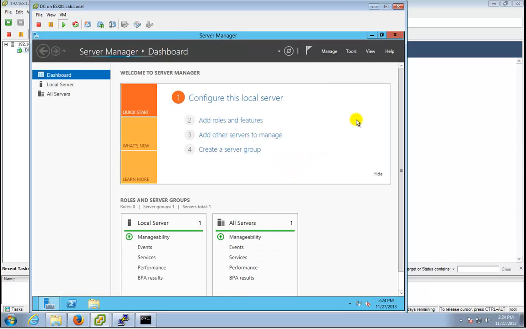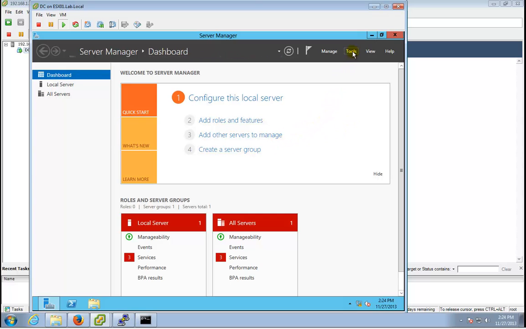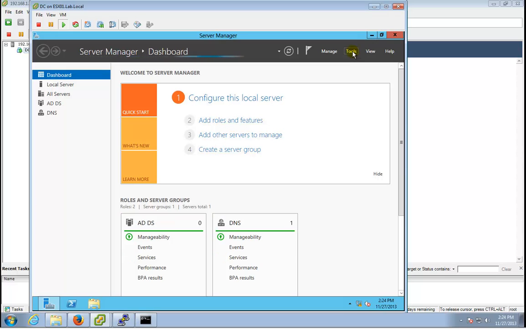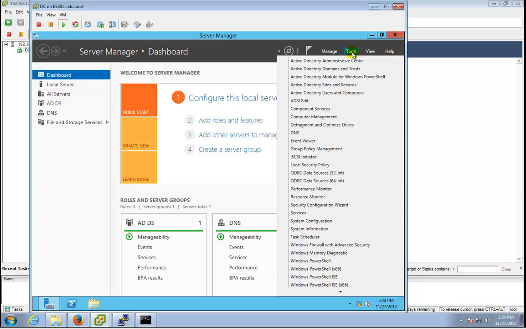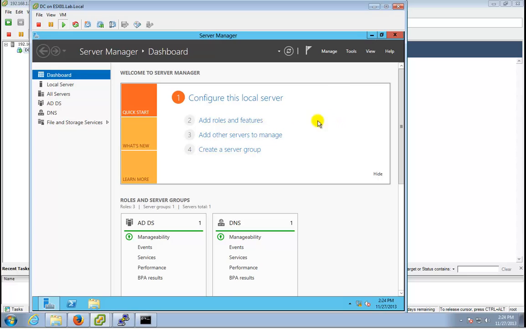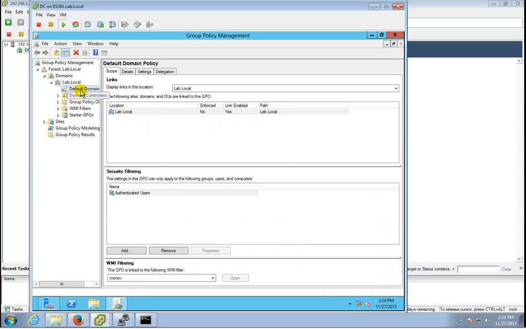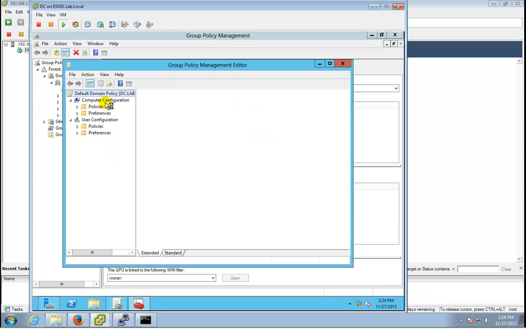So the first thing I'm probably going to want to do is lower the password complexity requirements for my domain. It's my home lab. I really don't need anything that complex. It's just a bit of a nuisance. So in order to do that, we need to edit the default domain policy. So let's go to Group Policy Management. To our default domain policy, we're going to right click and edit,